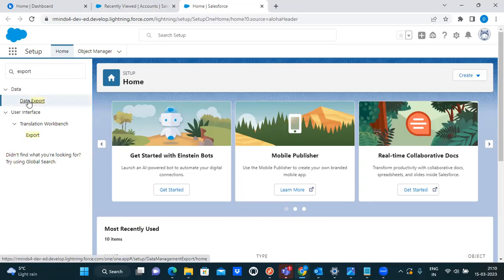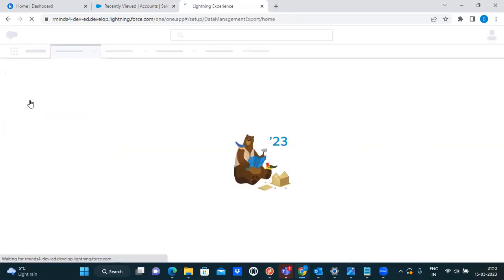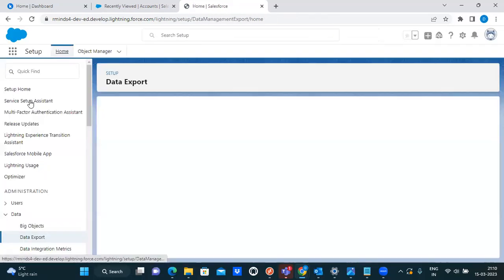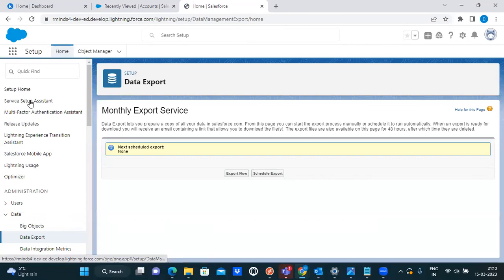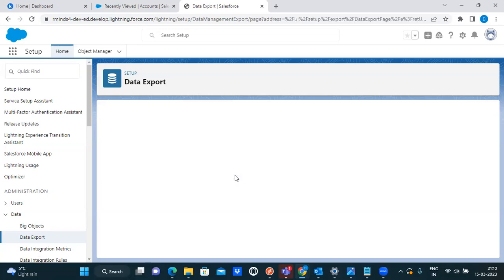So go to data export. This is the one which we were talking about, the data export tool. Okay. Right. Here you can see two options, right? One is export now, one is schedule export. So when I click on export now,